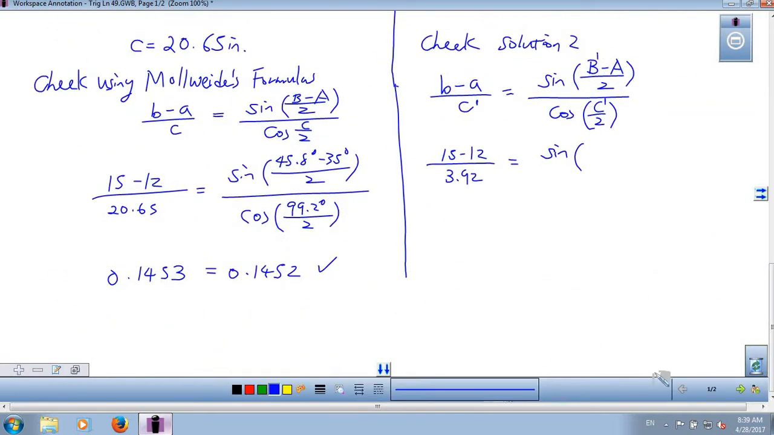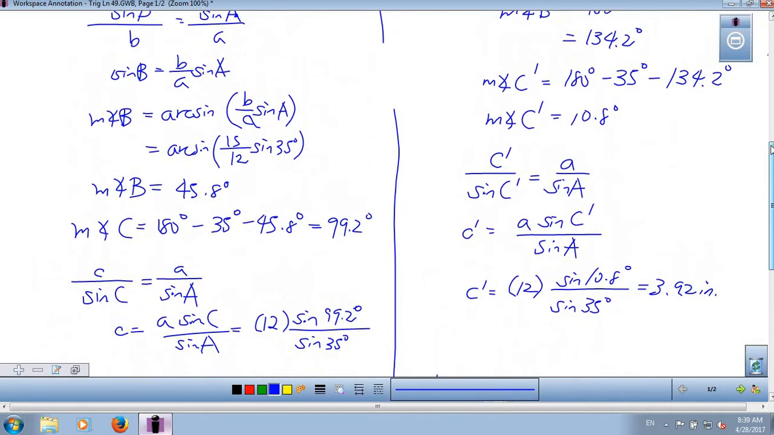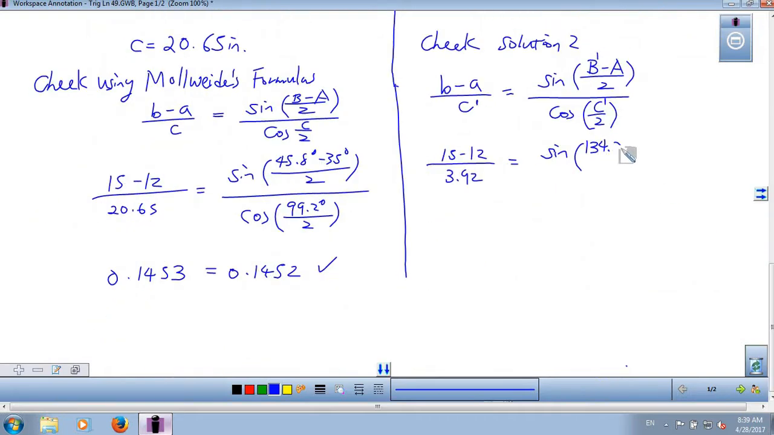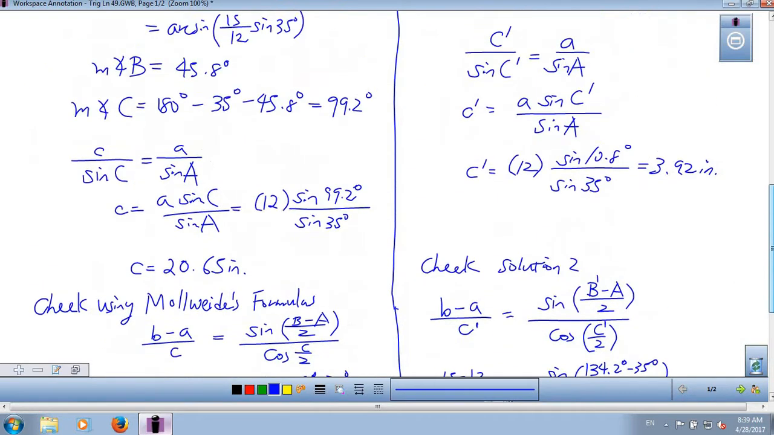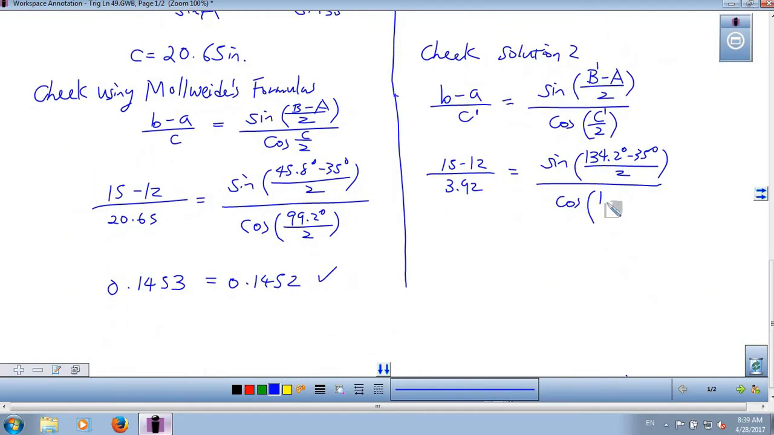Okay. So 136.2. I'm sorry, 134.2 minus 35 degrees divided by 2. Okay. And divided by cosine of c prime. Now c prime is extremely small this time. It was only 10.8 degrees, so we do 10.8 degrees divided by 2. Okay, so let's go ahead and plug in the calculator and see what happens. Again, there should be some kind of round off error. So I got about